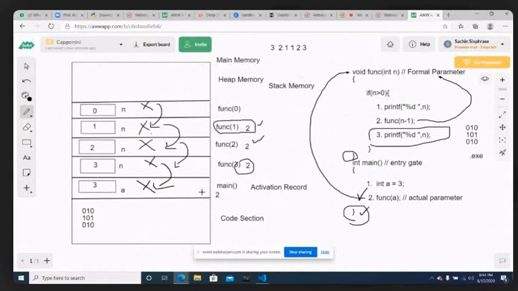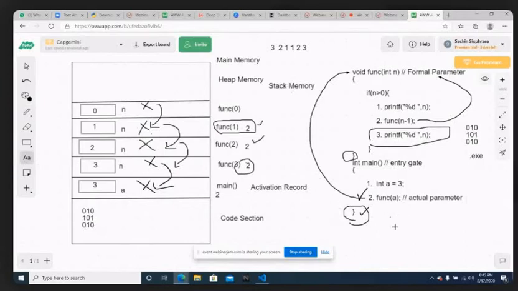Again, we will be able to move only from top to bottom. I will not be able to enter directly into an activation record, because I have made it already very clear: only the topmost activation record can be accessed. If you want to access any other activation record, then all the topmost activation records have to be deleted. Then only you can access the specified activation record. So you are making a top to bottom move, and also a bottom to top move. I will tell you that recursion has 2 phases.